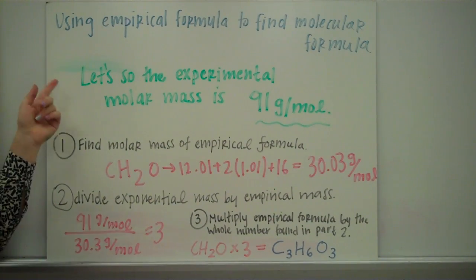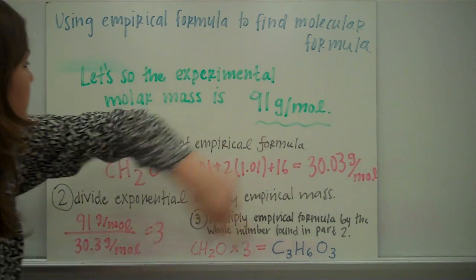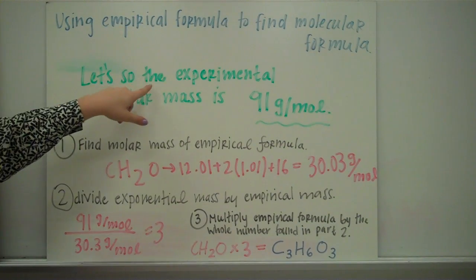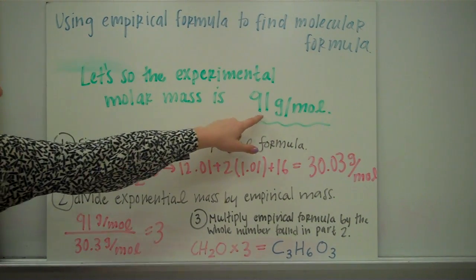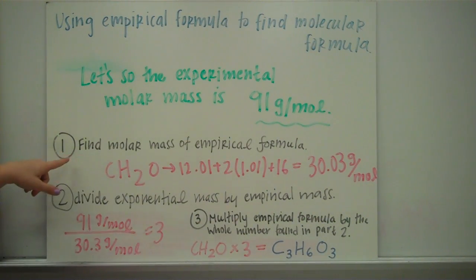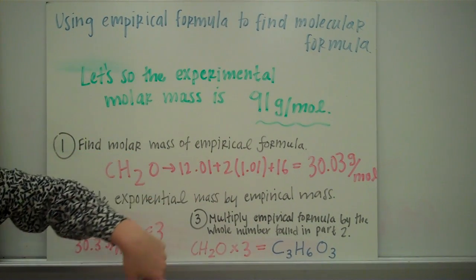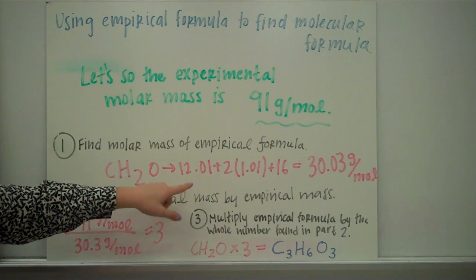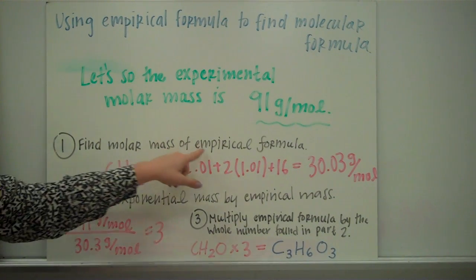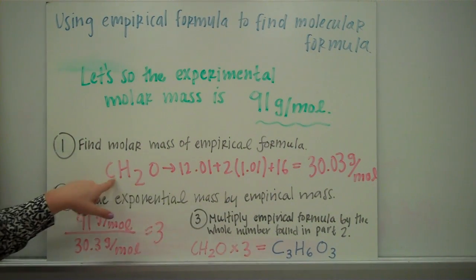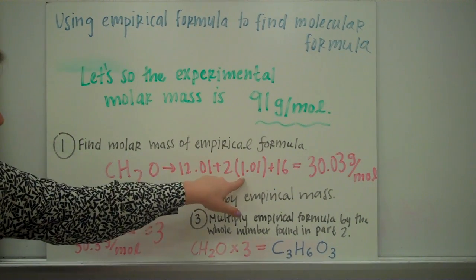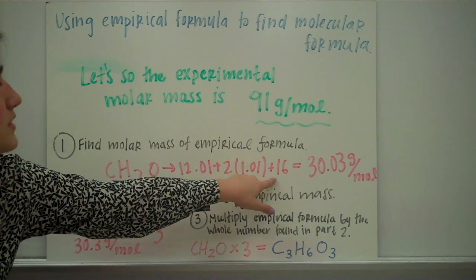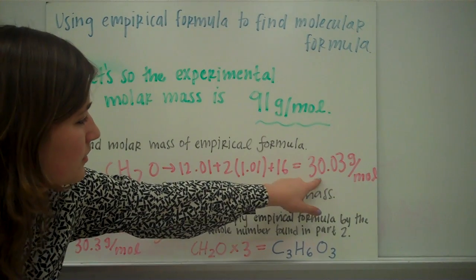So finally, we can use the empirical formula to find molecular formula. Let's say the experimental molar mass is 91 grams per mole. First, you find the molar mass of your empirical formula, which we found previously was CH2O. Using the molar masses, you can find the mass of the empirical formula. 12.01 for carbon, we have 2 hydrogens times 1.01, and 16 for oxygen,